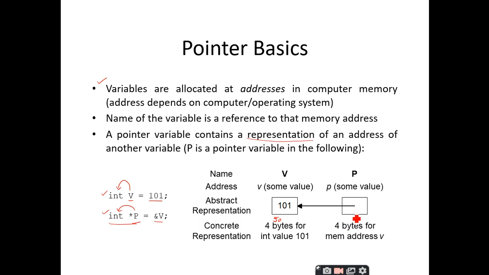As I said, all the pointers, irrespective of their category, will make use of the same memory size. Every pointer will occupy 4 bytes of memory. The reason is they are simply storing addresses, whether it is the address of an integer, a floating point, a character or a double.